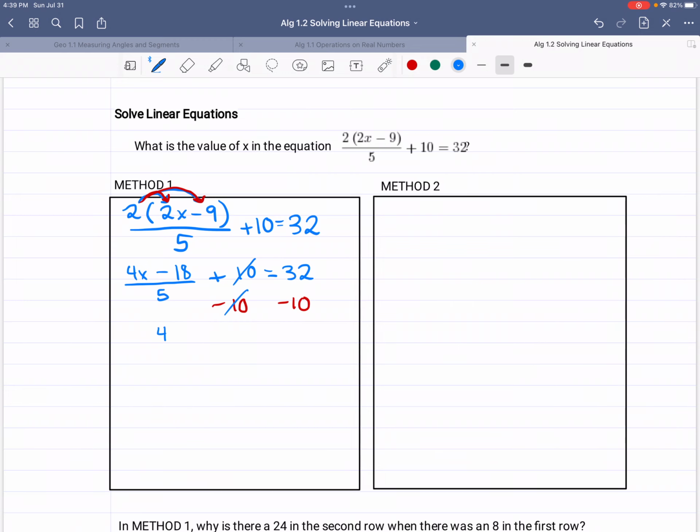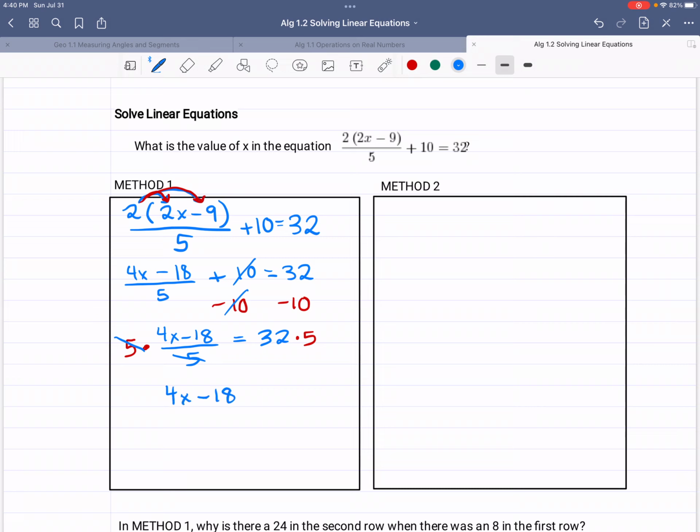leaving us with 4x minus 18 divided by 5. The last thing I said was divided by 5. So to undo that, we are going to multiply both sides times 5. That is the opposite operation. Multiplying, dividing, it cancels, leaving us with 4x